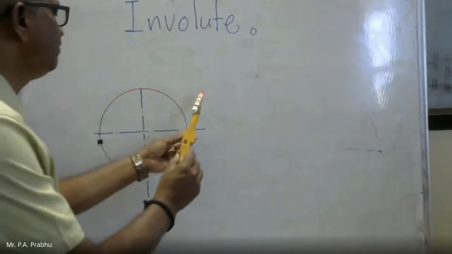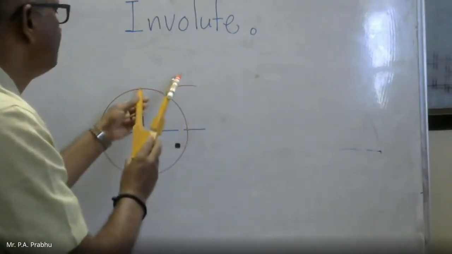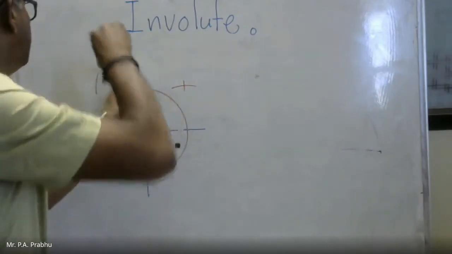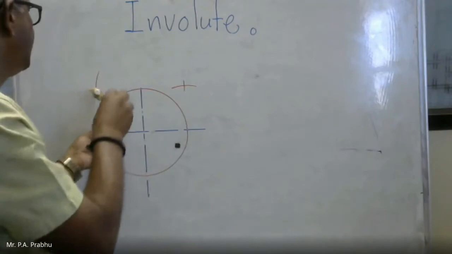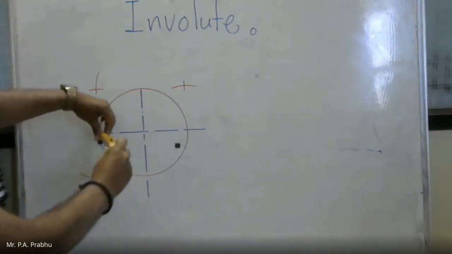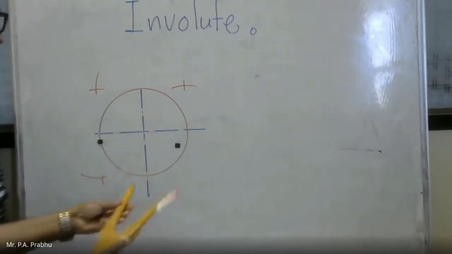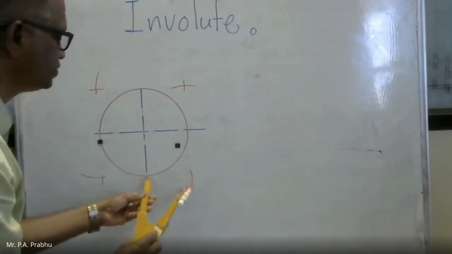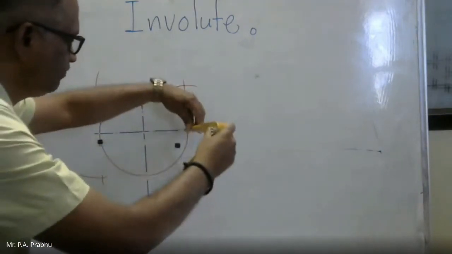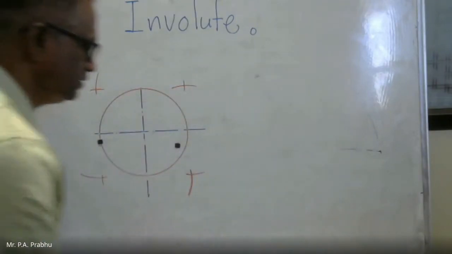So use a graphical method and divide the 90 degree angle. Remember, this is a construction work. Do it with a faint line. Okay? Then